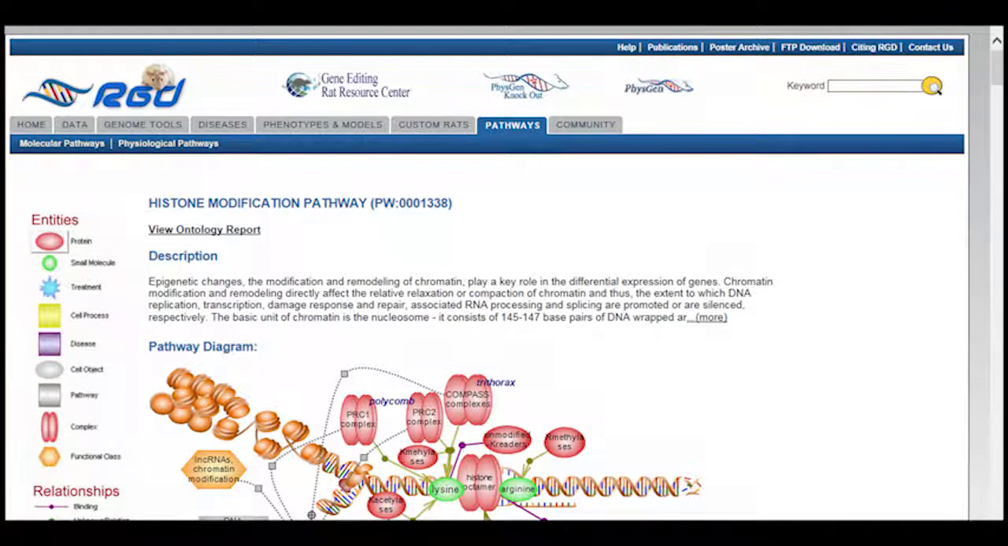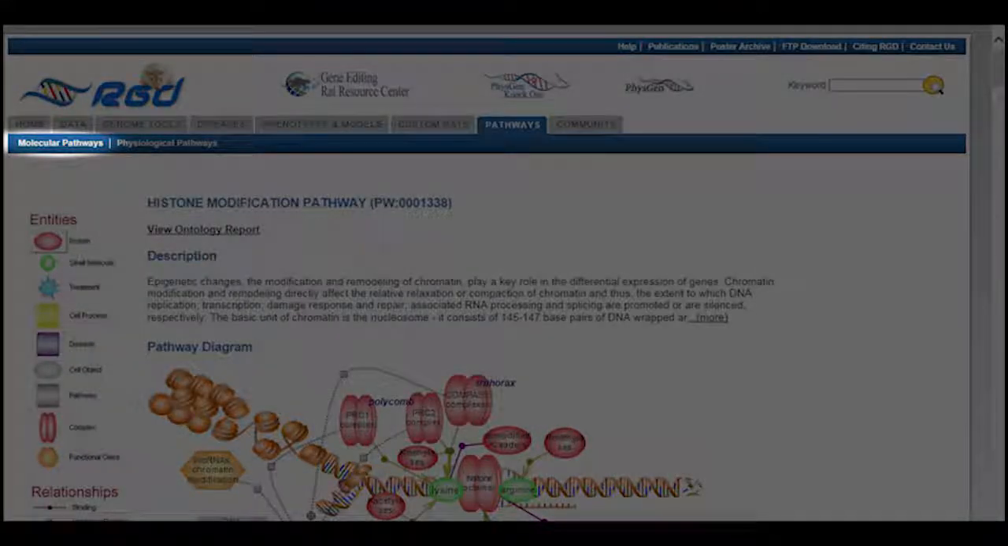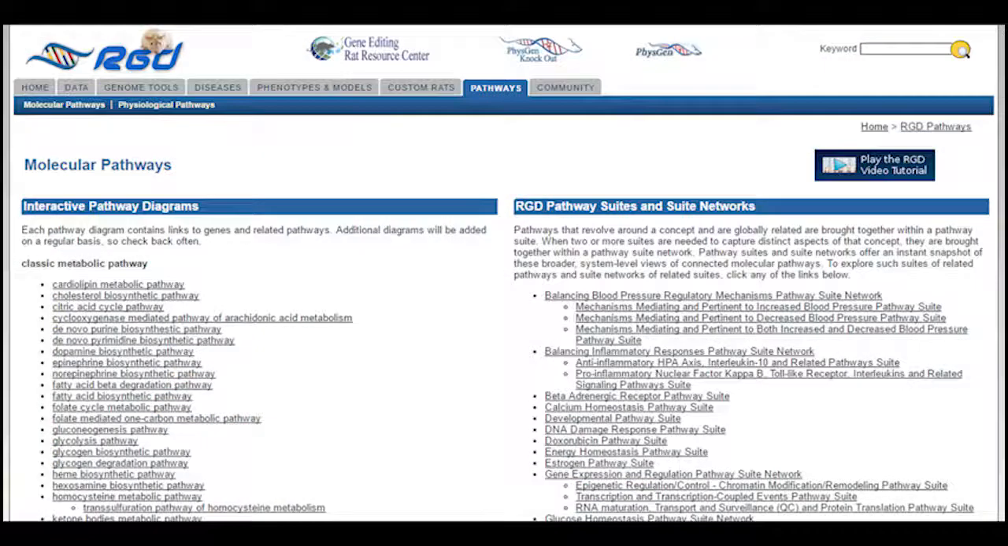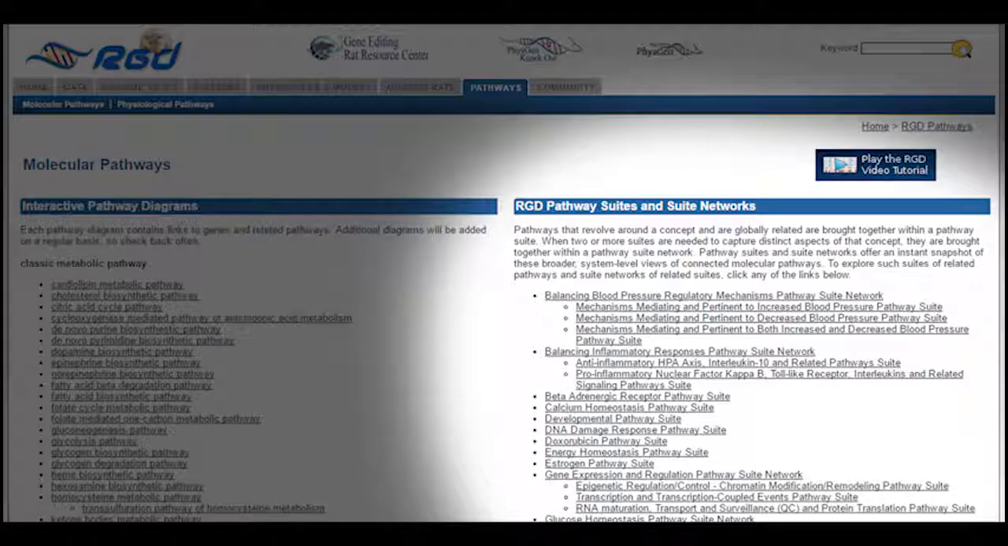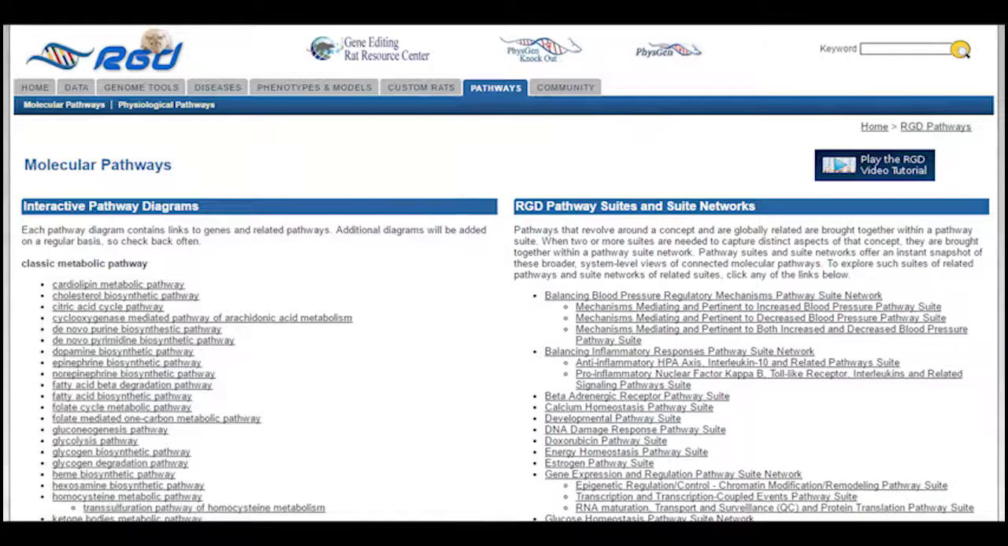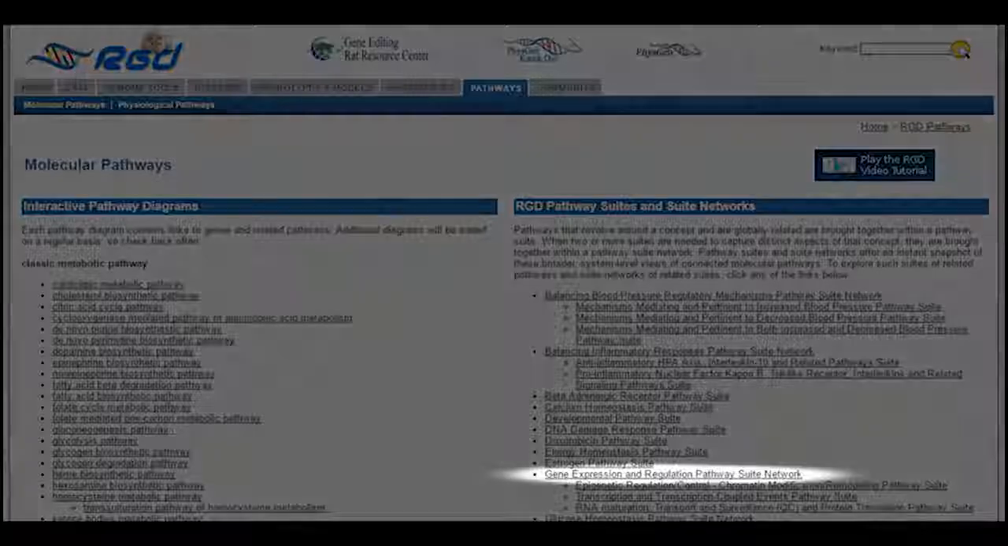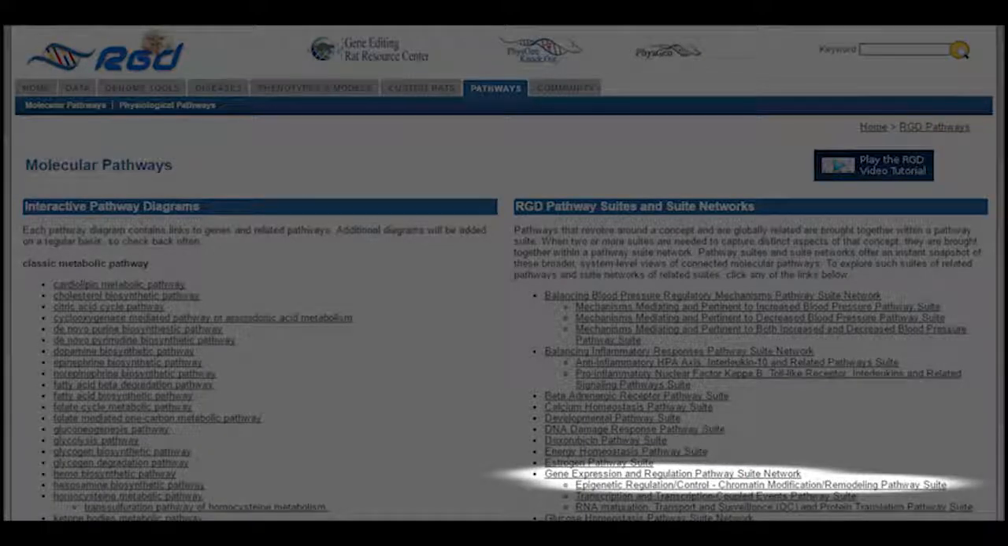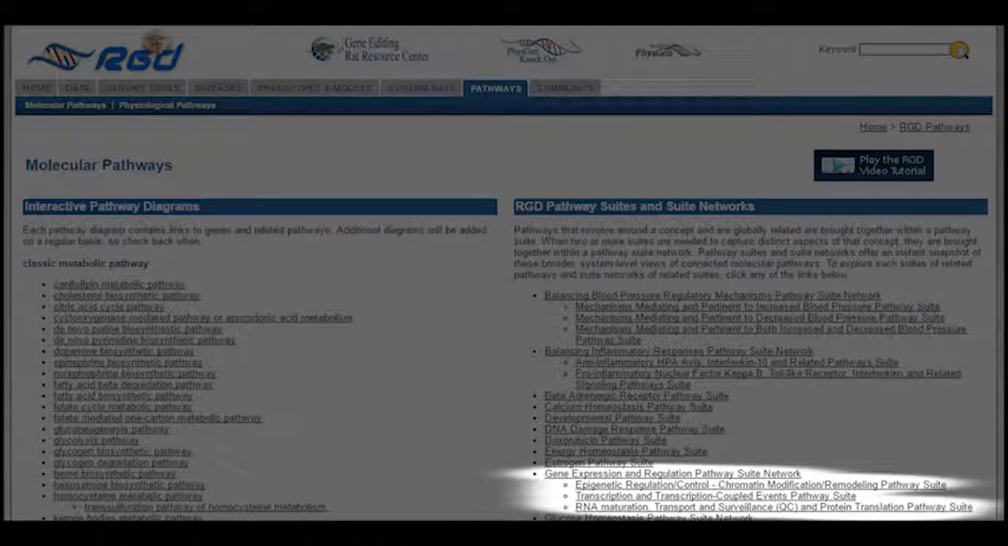Scrolling back up to the top of the page, click on the menu item in the blue bar labeled Molecular Pathways. In the right column on the resulting page is a list of pathway suites and suite networks. Pathway suites are groupings of related pathways. Where appropriate, these suites are further grouped into suite networks, as indicated by the hierarchical listing here. Looking at the Gene Expression and Regulation Pathway Suite Network, you can see that it is composed of the epigenetic regulation control, chromatin modification remodeling, transcription and transcription coupled events, and RNA maturation, transport, and surveillance, QC, and protein translation,